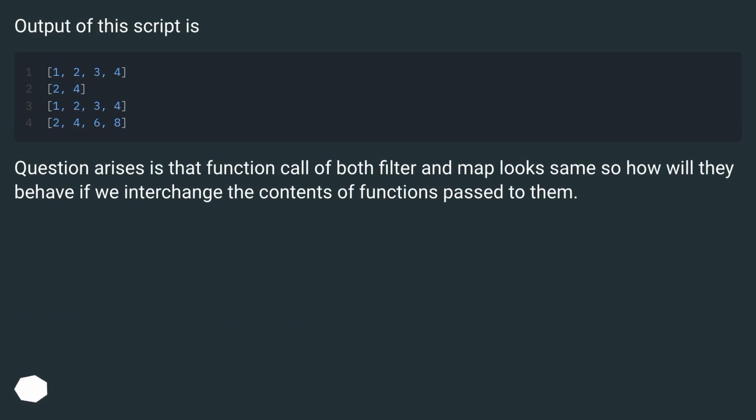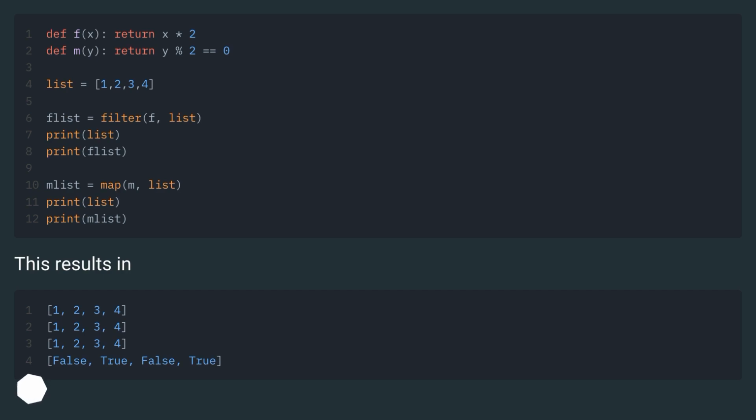Output of this script is. Question arises, is that function call of both filter and map looks same, so how will they behave if we interchange the contents of functions passed to them? This results in